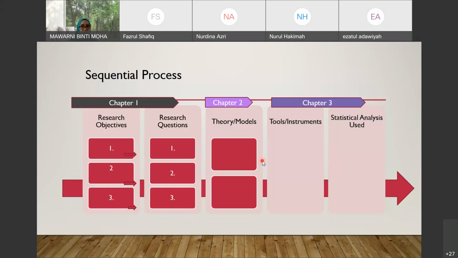And then in order for you to measure your questions, to find answers to research question 1, what tools do you use? What are the instruments? Put it down in the form of a table. And then what statistical analysis are you going to use for this. Right, some of you, especially Art and maybe Tassel, may not use quantitative data analysis, but you can also use this. You can use this and it gives you a direction and also compartmentalizes the ideas in the form of a framework like this. Okay, see next one.